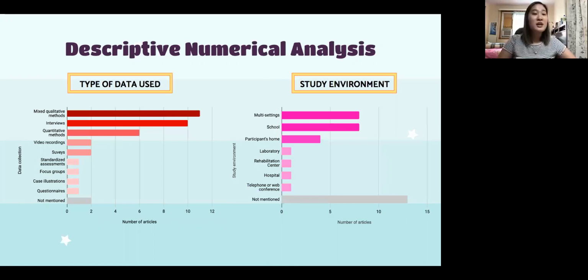Most of the authors have used mixed qualitative methods, which included interviews, video recordings, standardized assessments, and focus groups. We also had a lot of papers where the authors only conducted interviews. And we also had a fair amount of papers where authors utilized only quantitative methods. For instance, this was highlighted as time rates for symbol selections by children on the